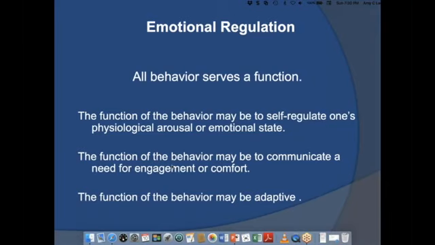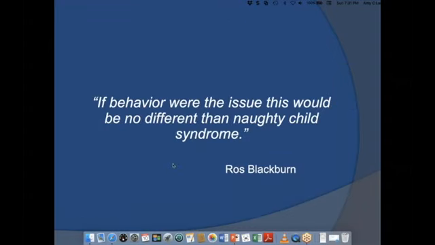Just very quickly, in terms of emotional regulation, it is important to say within the context of our model that all behavior serves a function. So when we look at a child or a student or individual who's having challenging behavior, we are constantly trying to figure out what that is, and not just from the perspective of a traditional FBA, those 5 categories. We think really deeply about how and why somebody's engaging in a behavior and how that relates to communication and what it is in the context of regulation. So again, hopefully we'll dive into that a little bit more the next time we have a chance to meet up. I do love this quote.